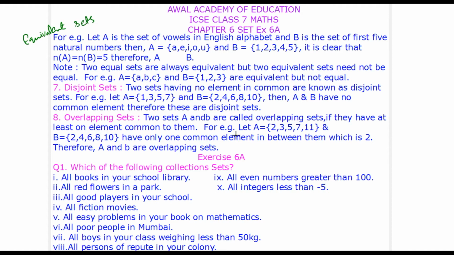For example, let A be the set of vowels in the English alphabet and B the set of first 5 natural numbers. So this is the set of vowels in the English alphabet. There are 5 vowels, A, E, I, O, U, and B is the set of first 5 natural numbers, that is 1, 2, 3, 4, 5. It is clear that in this there are 5 elements, 1, 2, 3, 4, 5. In it also 5 elements, so their cardinal numbers are equal, that is 5. Therefore A is equivalent to B,